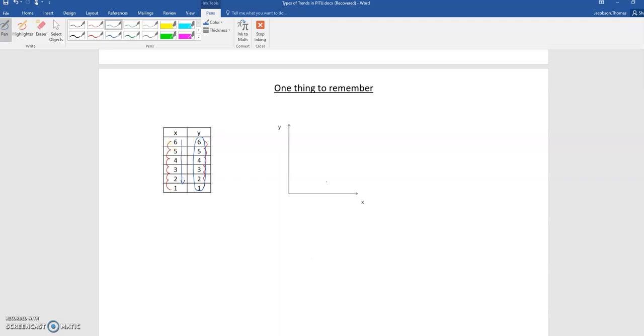So in this case, if you read the table from the bottom to the top, in green here, you would see that it goes 1, 2, 3, 4, 5, 6 going up, and down here it goes 1, 2, 3, 4, 5, 6 going up. So it turns out since x and y are both increasing or decreasing, whichever way you're looking at it, they're both doing the same thing. This is actually a positive trend, and if you were to graph it, you would see points that would look like this, and all you would have to do is just sketch a line that goes like that,